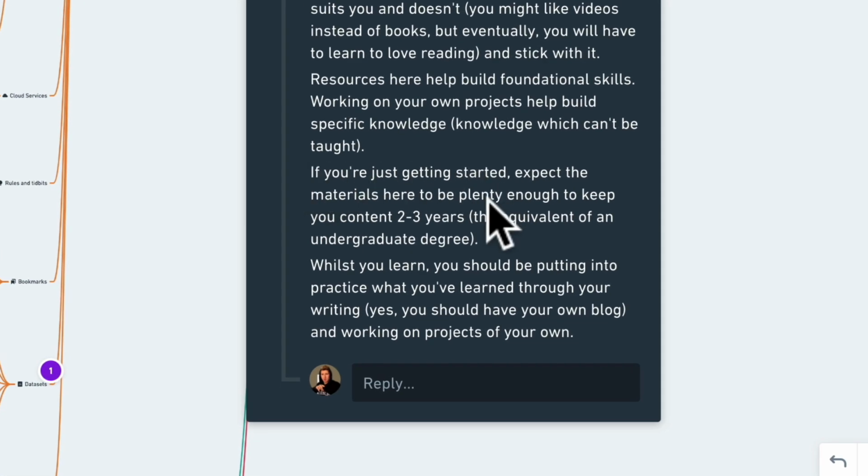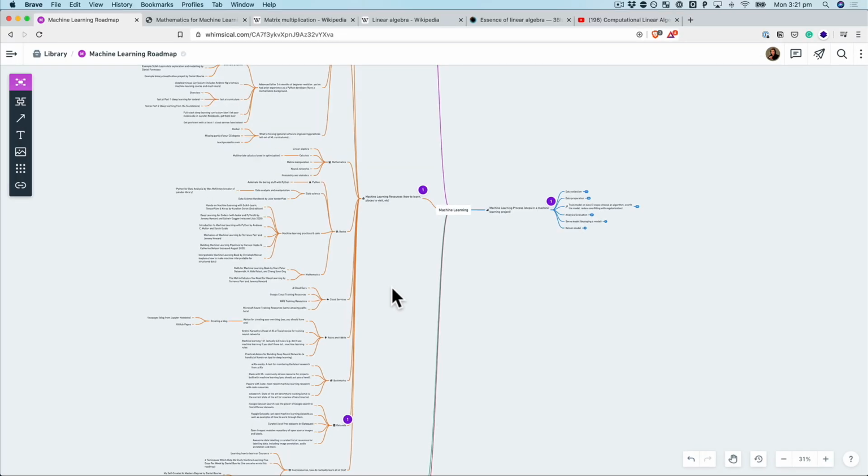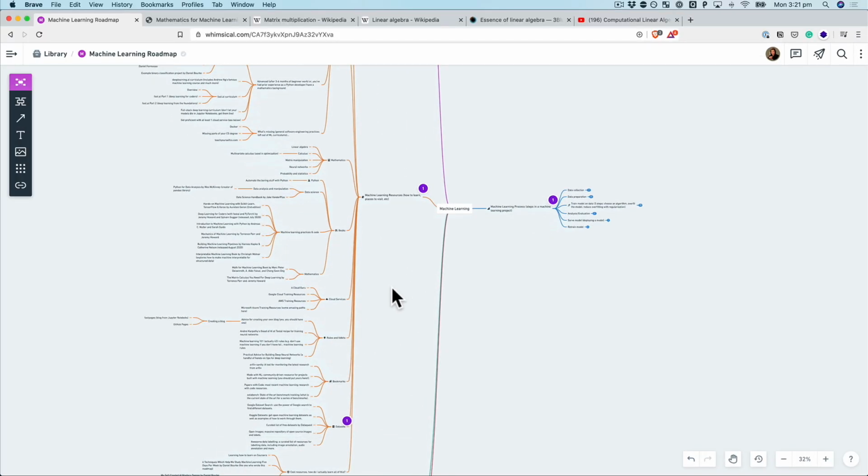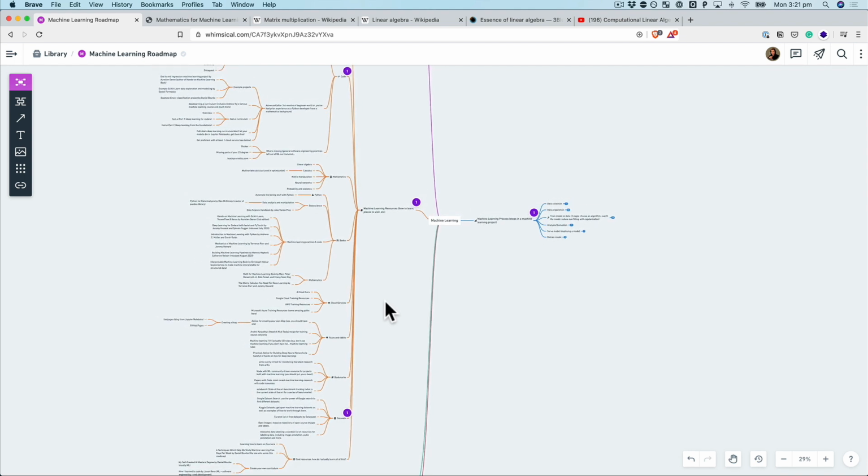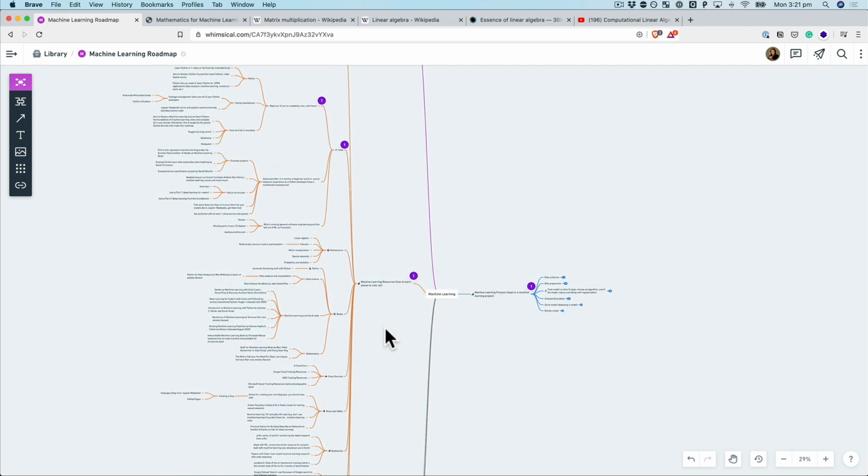If you're just getting started, accept the materials here to be plenty enough to keep you content for 2 to 3 years, the equivalent of an undergraduate degree. Now, I'm being serious with that. You'll probably see a lot of things online, like learn machine learning in 6 weeks. Sure, you can learn the overall concepts, but if you want to get really serious with it, you'll probably realize